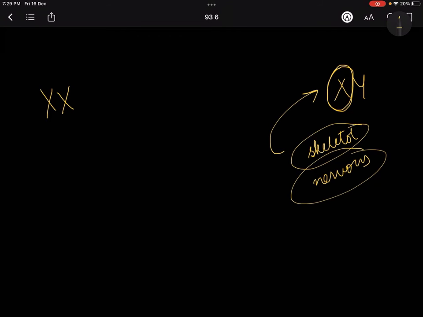So now what happens is that when the males have only one X, that means all these important bodily functions, for example nervous system, digestive system, skeletal,